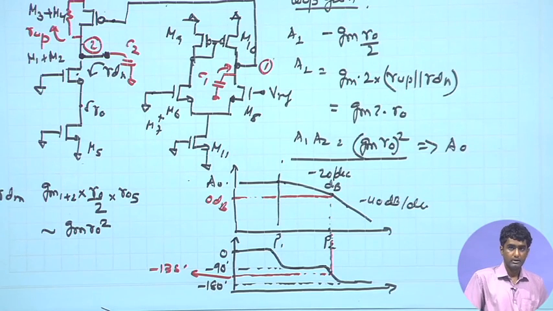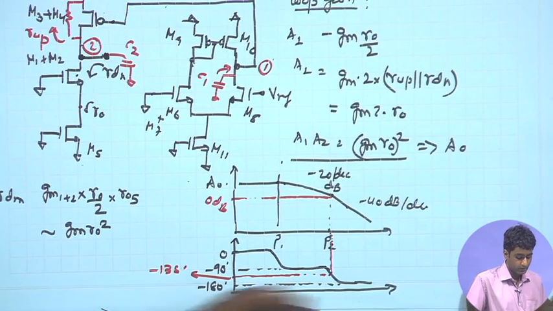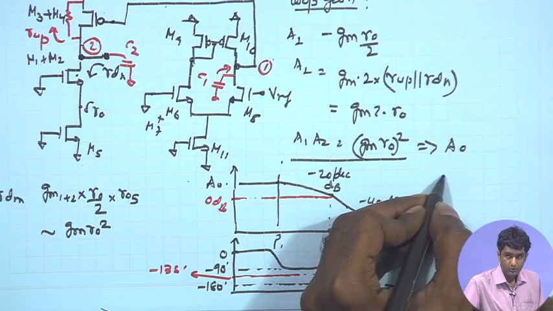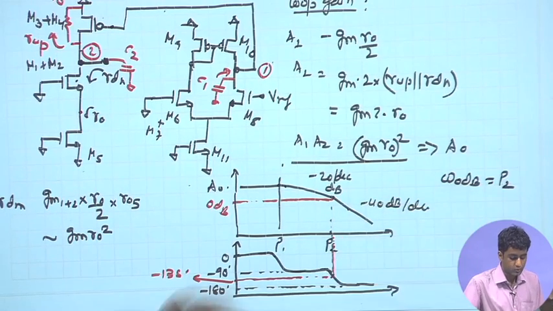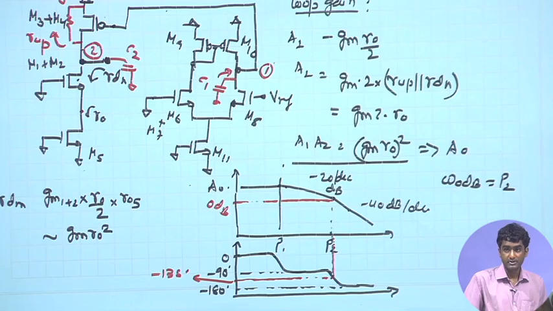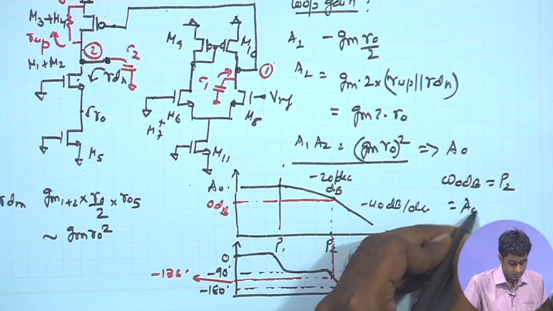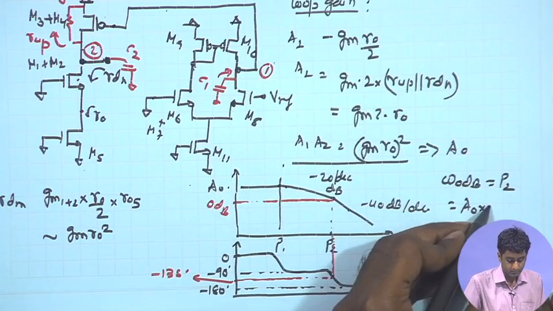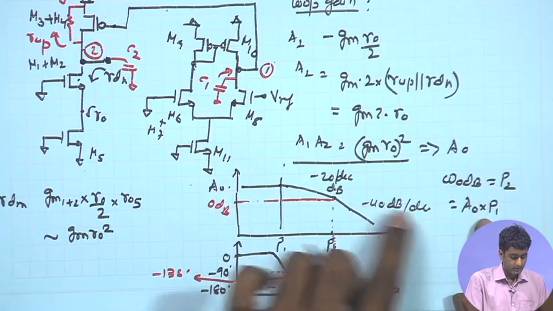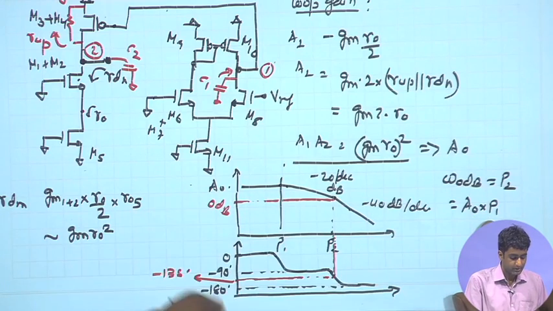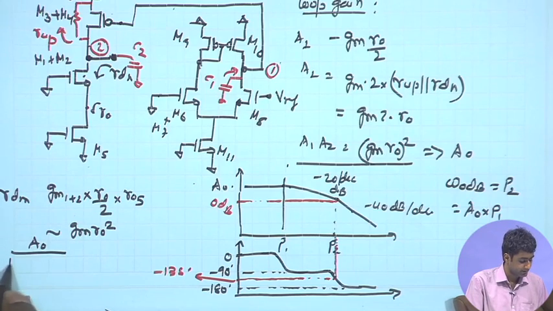And in order to achieve this condition, we know the criteria that we need to apply. We need to make sure that omega 0 dB is our second pole P2 in the system, and also we have seen that omega 0 dB can be expressed as A naught times P1, because immediately after P1, we know that for a 2-pole system, the overall expression can be expressed as